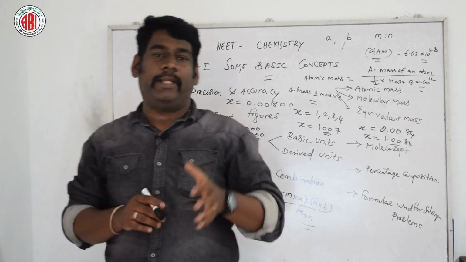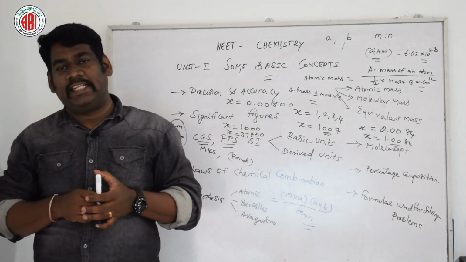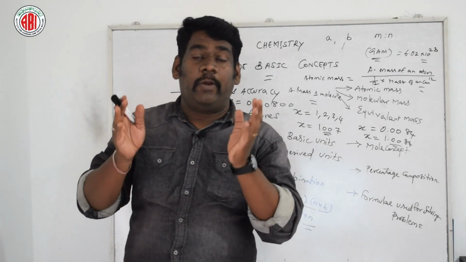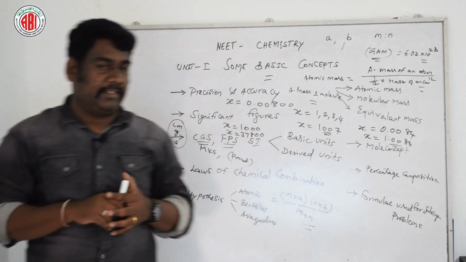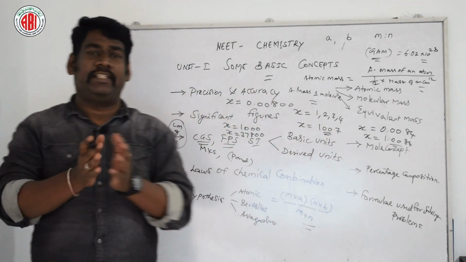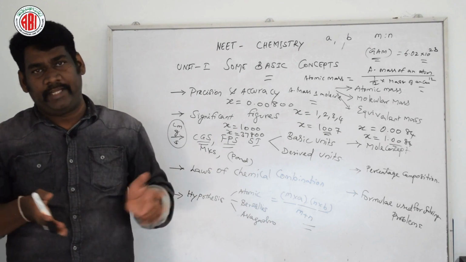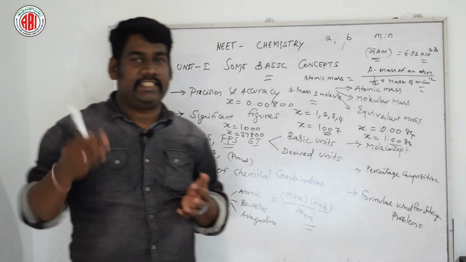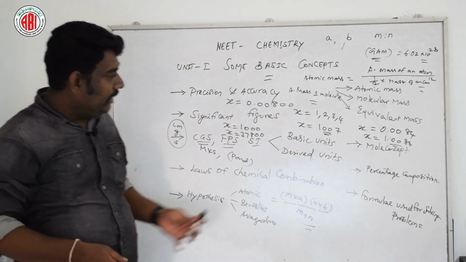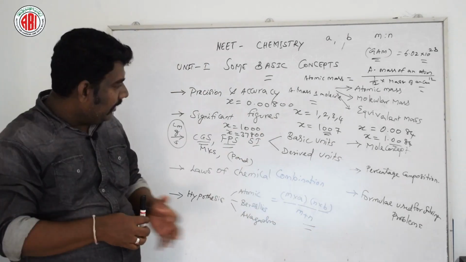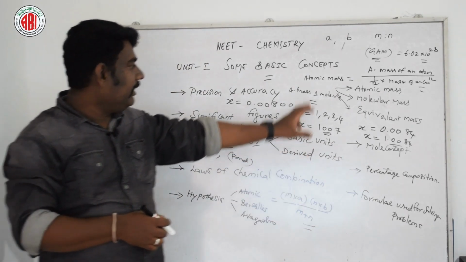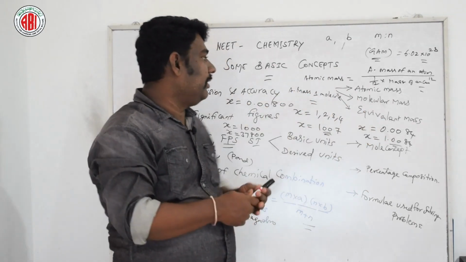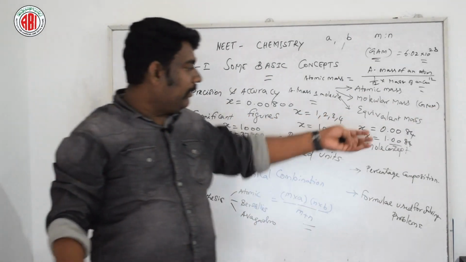Then the volume occupied by 1 mole of any gas at STP, standard temperature and pressure, is called the gram molar volume. This is also important, and it is determined by different methods: the vapor density method, the Victor-Meyer method, and the colligative properties method. These we will discuss in detail in the gaseous state chapter. Under this category we discussed atomic mass, gram atomic mass, and gram molecular mass, GMM. Then the next one is equivalent mass.